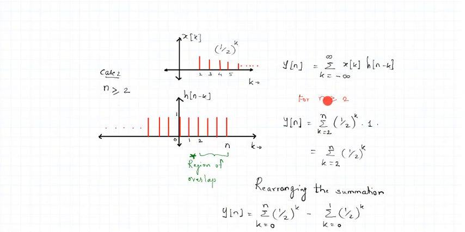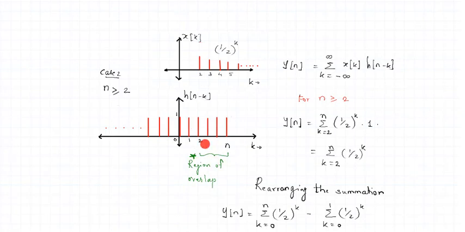For n greater than or equal to 2, we have shown the overlap between the two signals. So the overlap starts from the sample 2. Prior to that, there is no overlap as this signal is 0. So as this signal starts at 2, the overlap begins from 2 and it extends to where you place your n. So if you place your n at this position, only these samples are overlapping. If you place your n at this position, then the region of overlap would be 2 to where you place your n. So n decides the terminating point of overlap. 2 decides the starting position of the overlap.